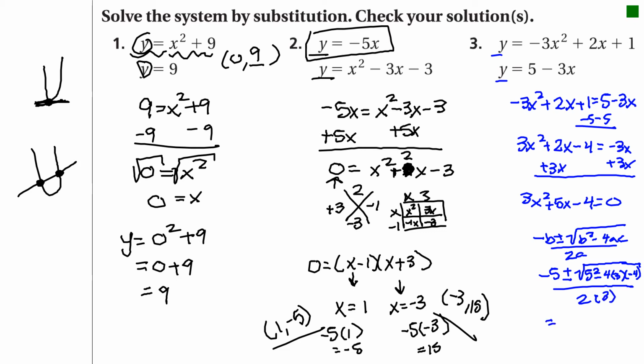Okay, let's see what happens. Negative 5 plus minus the square root of 25 minus 4 times 3 is 12, and 12 times 4 is 48, divided by 2 times 3 is 6. Our discriminant is going to be negative. 25 minus 48 is going to be a negative,